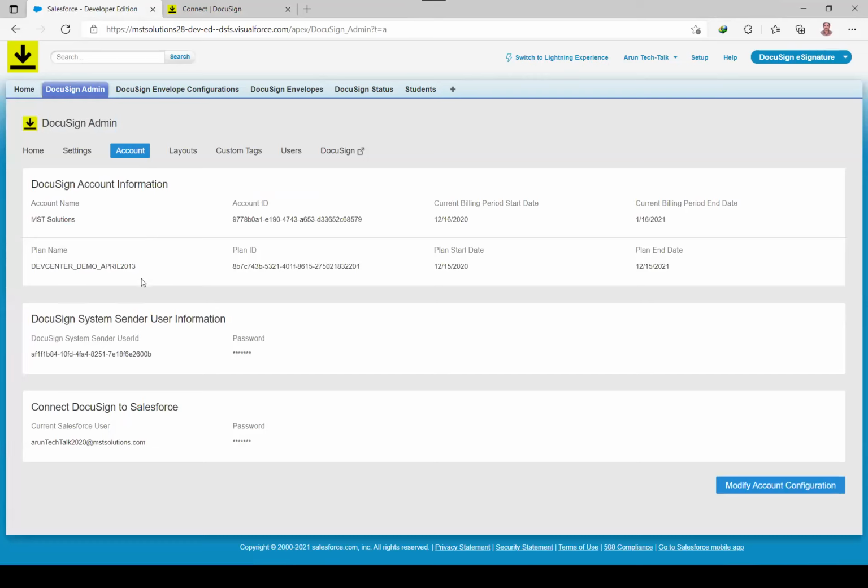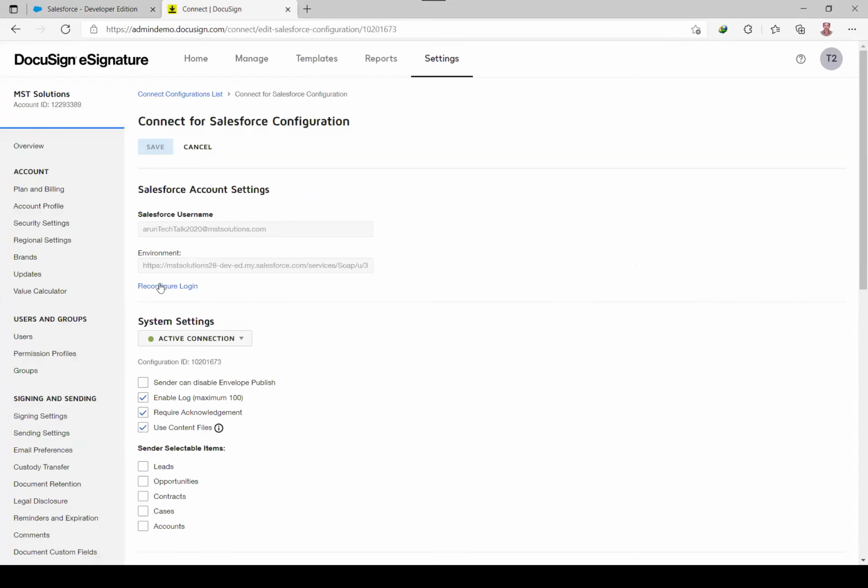We can track the DocuSign user ID, and parallelly we can check the Salesforce user ID and environment in DocuSign also. So this is how we usually connect both orgs. Okay, let's move into the PowerForm.